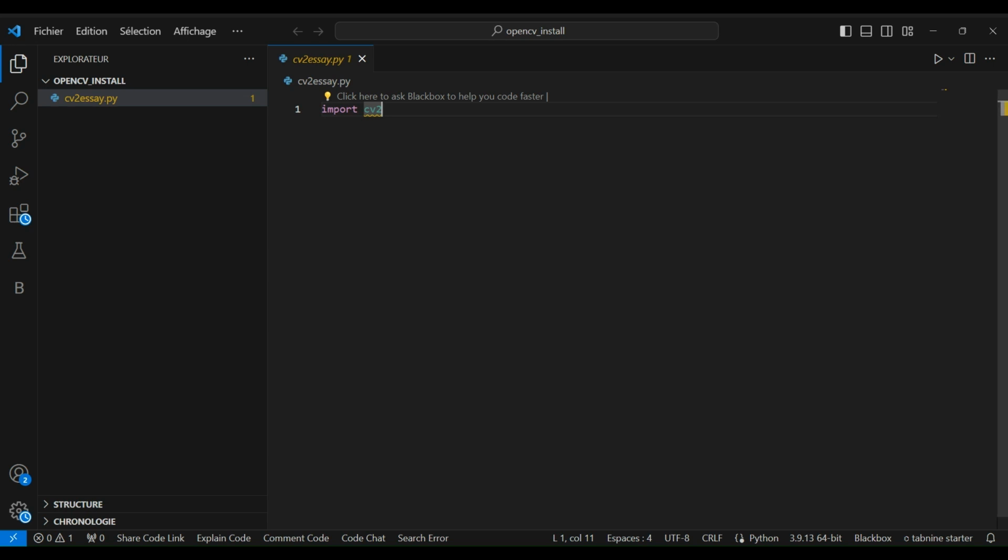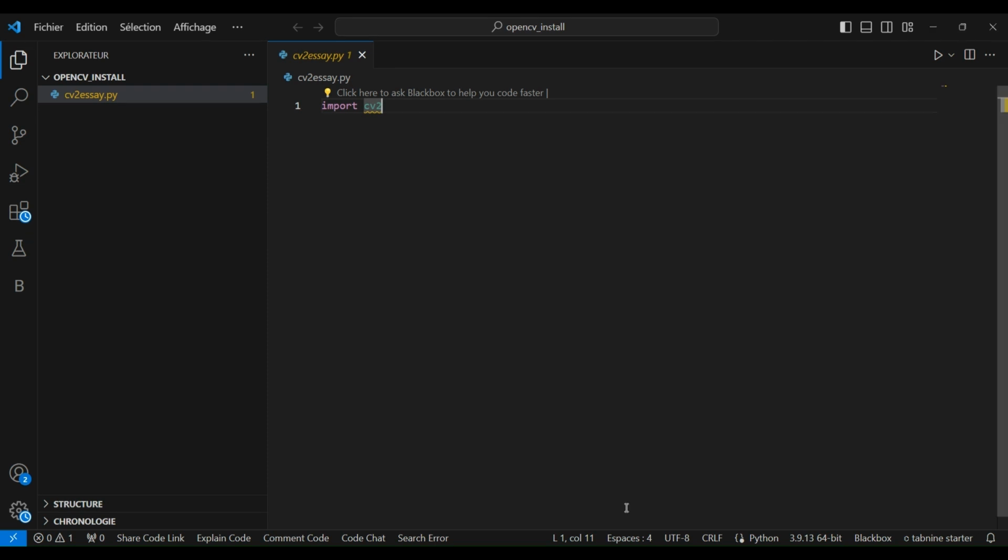In this video, we are going to see how to install and work with opencv in VS Code. As you see here, our folder name is opencv install. Then our file name, it's a Python file, cv2ec.python. So you can see here it imports cv2, and it says "not accessible". So